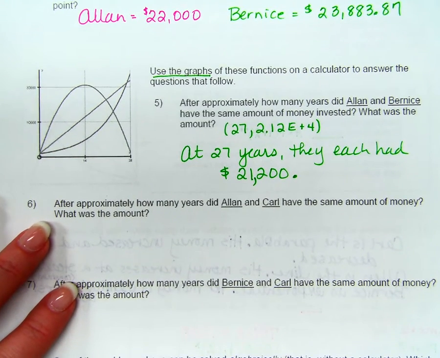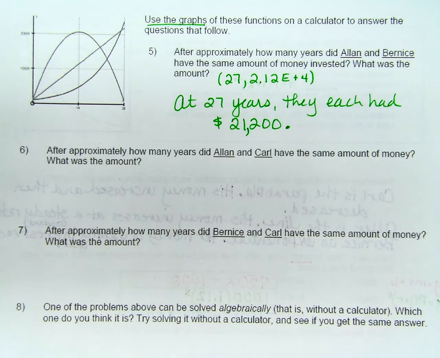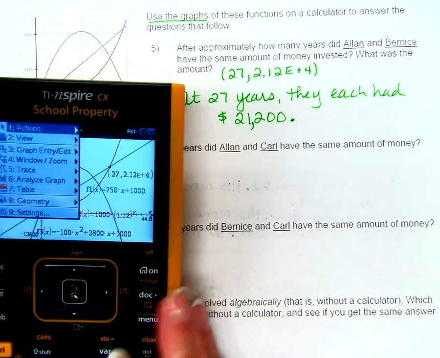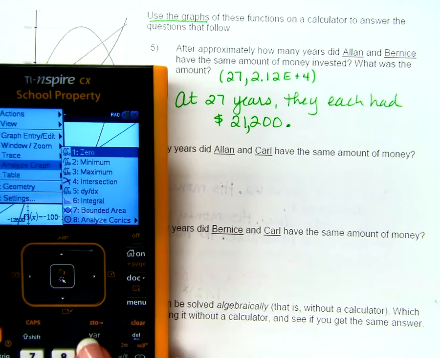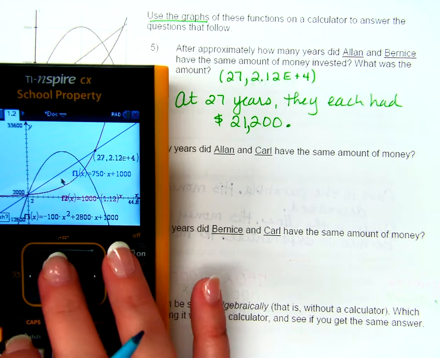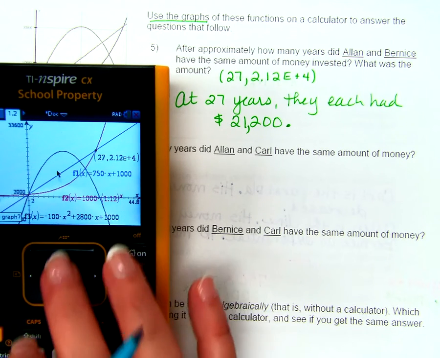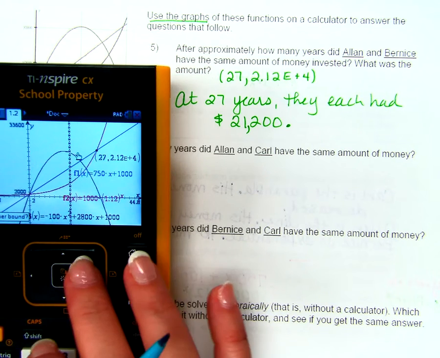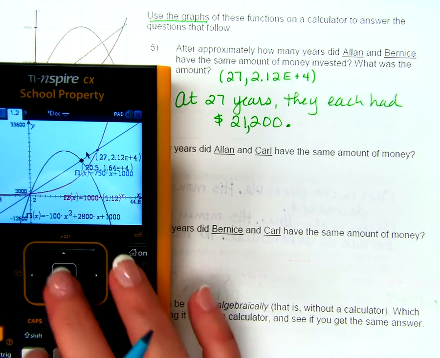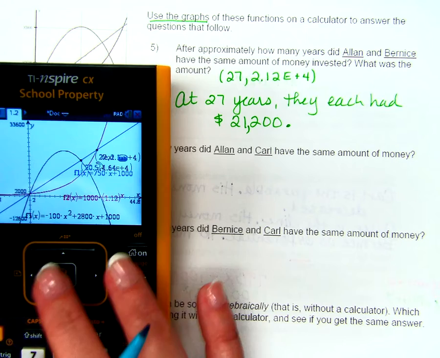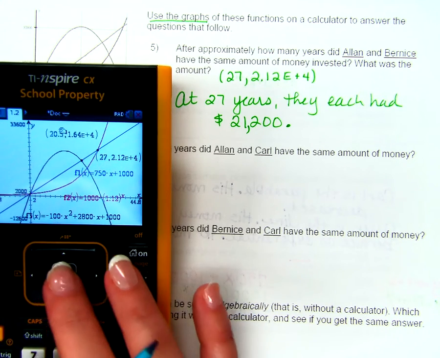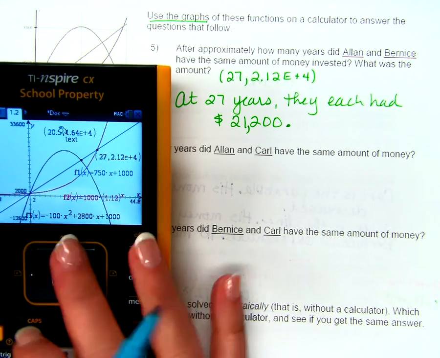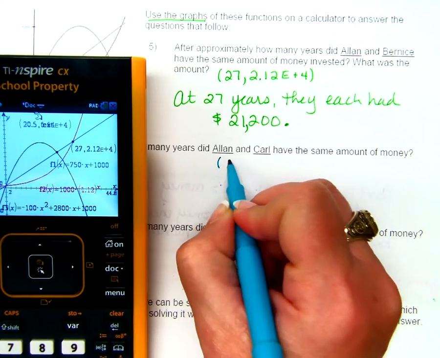$21,200. After how many years did Alan and Carl have the same amount of money? Now we have to do it again, right? So go back to your calculator. Which one is Alan? I'm talking about the line and the parabola. So I want to put our left bound and our right bound right there. Now that's kind of hard to see, so I'm going to move it up here so we can see it a little easier. Okay, so the point of intersection says